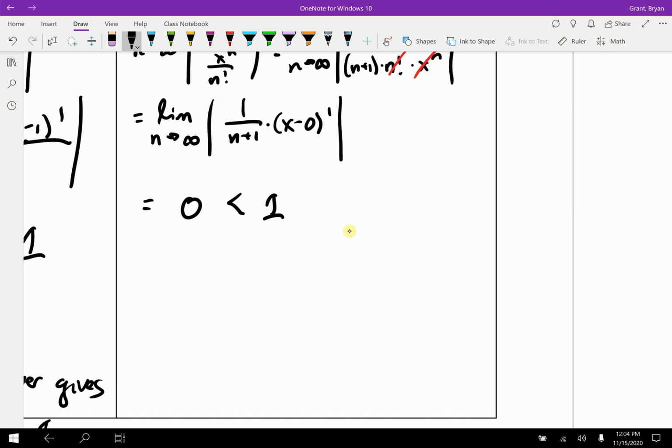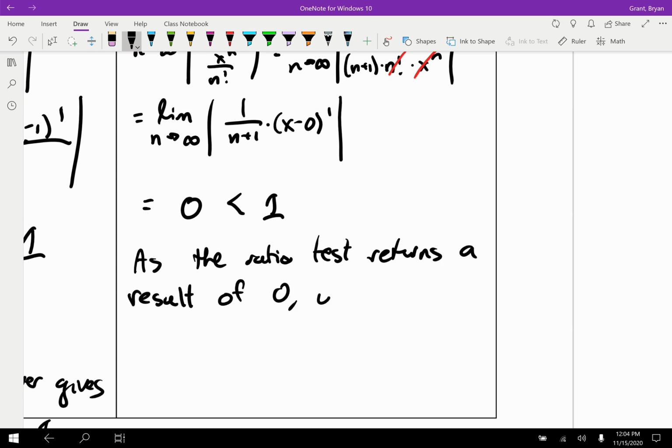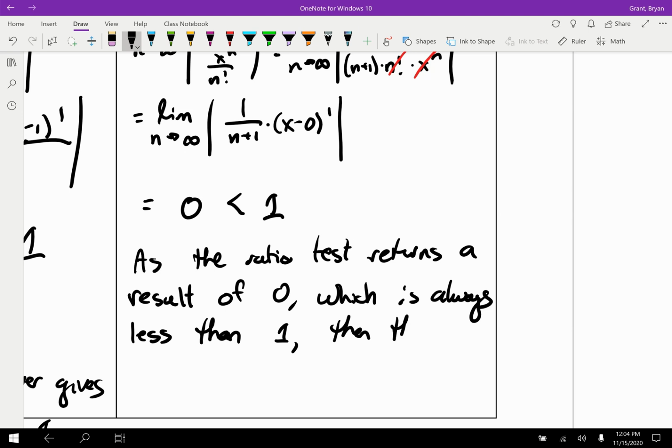Okay, so as the ratio test returns a result of 0, which is always less than 1, then the radius of convergence